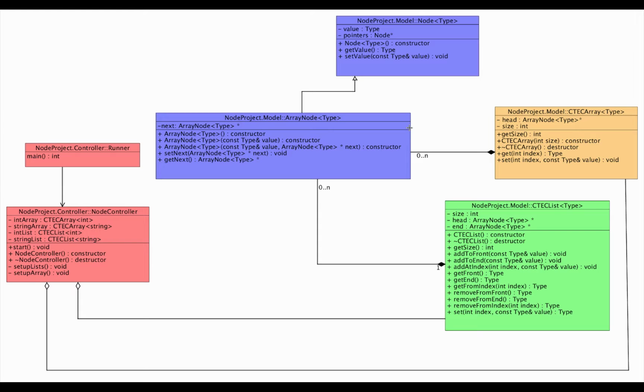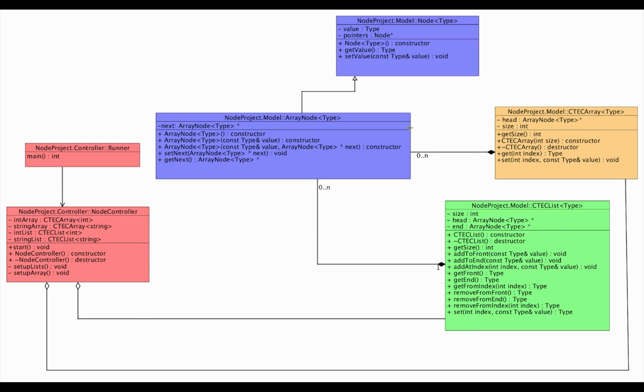We have our destructor, which takes care of removing all those components from memory when we're done with that data structure. And then within our array data structure, we have two methods. We have get and set. And keeping with the idea that our array is a special case, our set method does not return a type. It is simply a void type method, where it replaces whatever is originally stored inside that data structure with that new value. And we also have our get, which has a type, and it simply returns whatever was stored